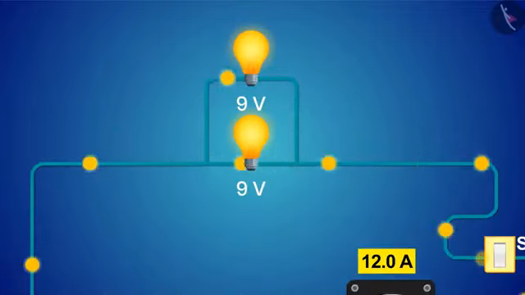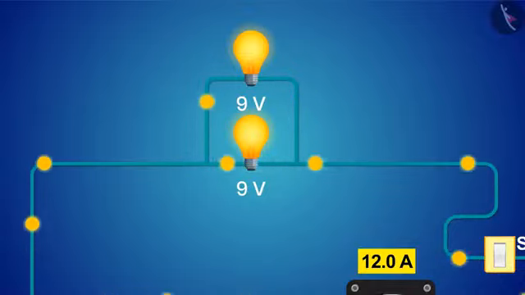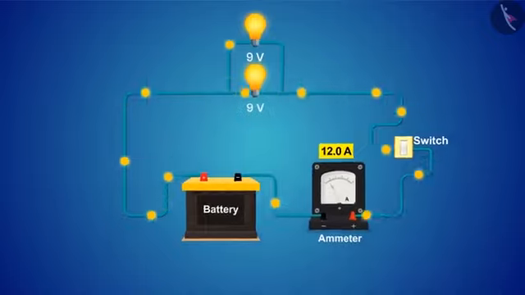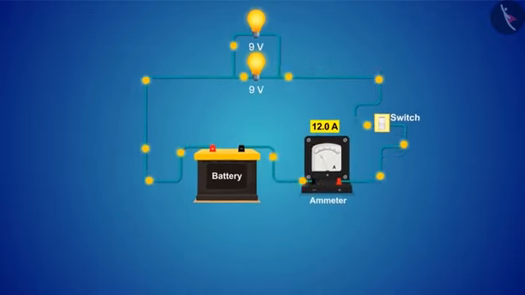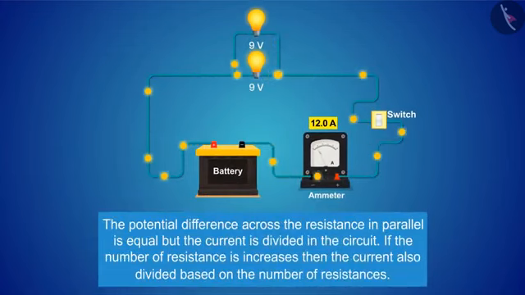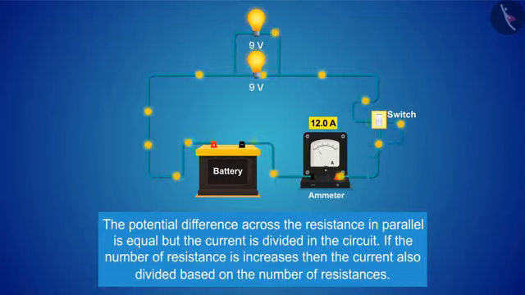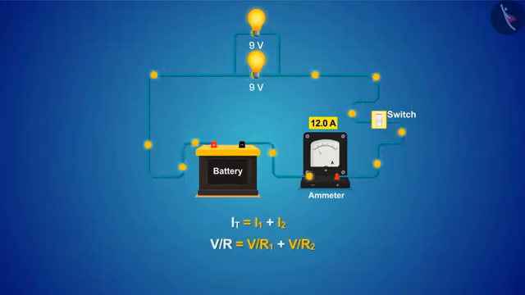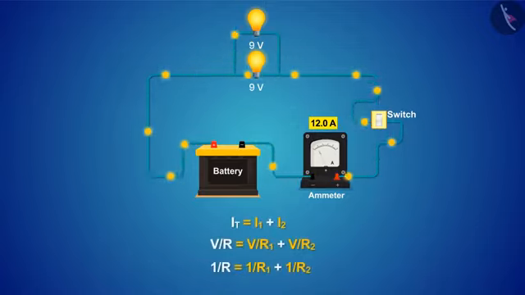If you look closely, the entire electric current has increased in this case, even if the battery used is the same. So it can be concluded that the potential difference across the resistance in parallel is equal, but the current is divided in the circuit. If the number of resistances increases, then the current is also divided based on the number of resistances. Here, if we add the values of the individual currents, then we see it will be equal to the equivalent